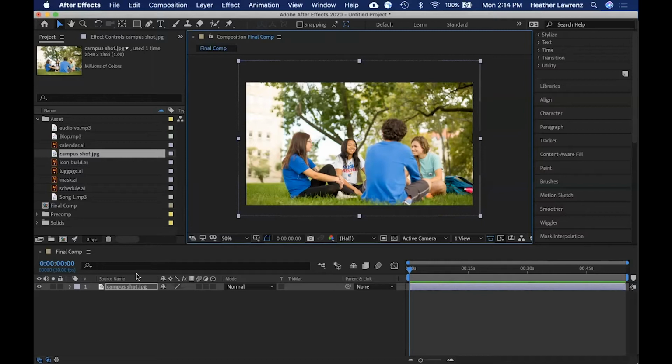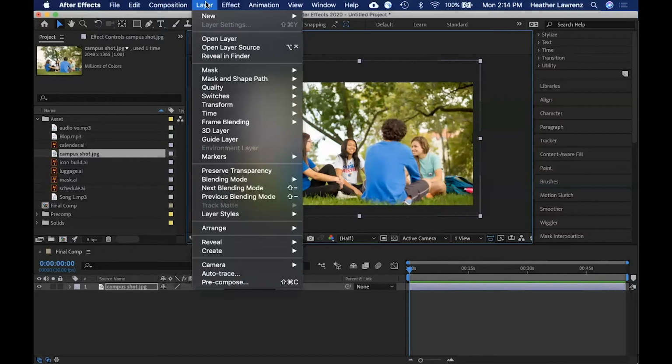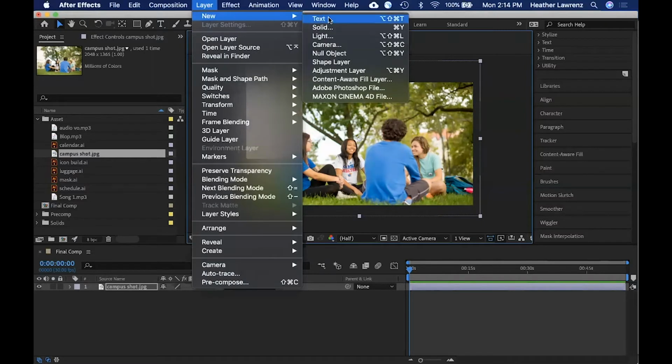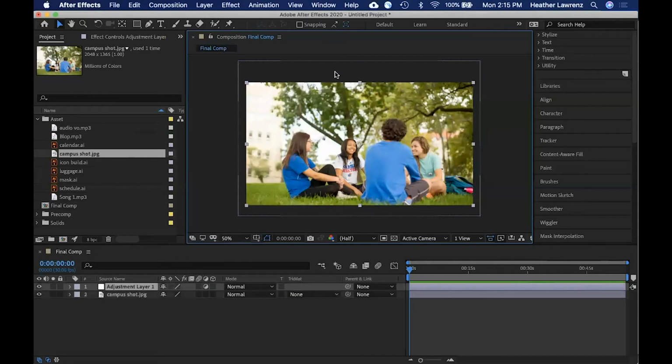So I'm gonna, on top of this, add a layer, new, adjustment layer. Before we played with layer solids. Adjustment layers work very much the same way, except notice I don't see anything. It's on top of this, but it doesn't look like I've done anything